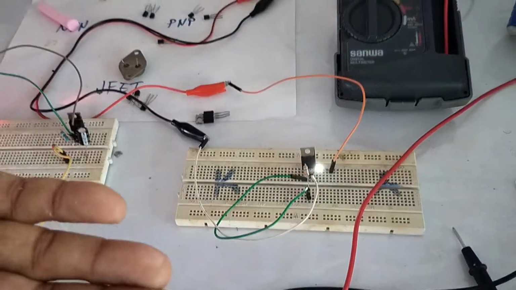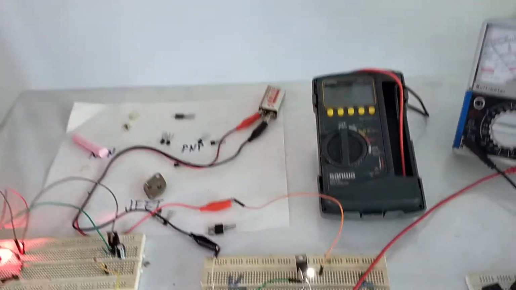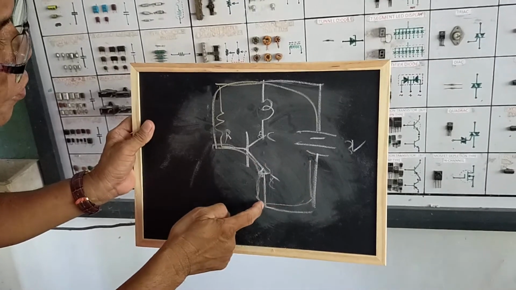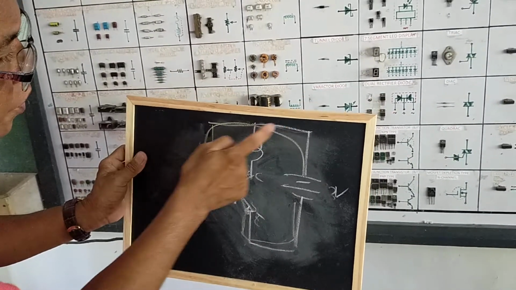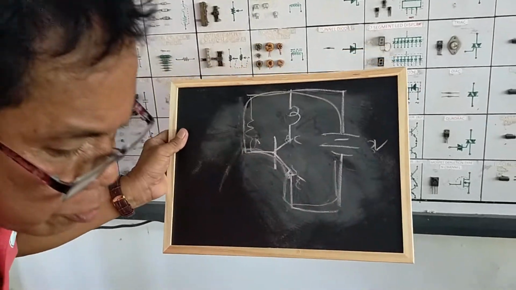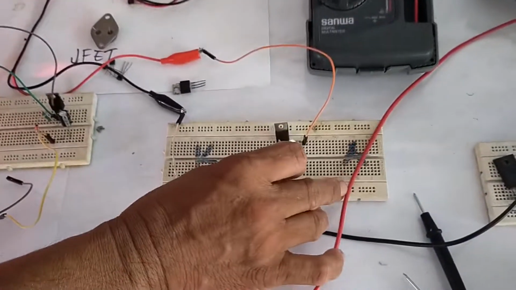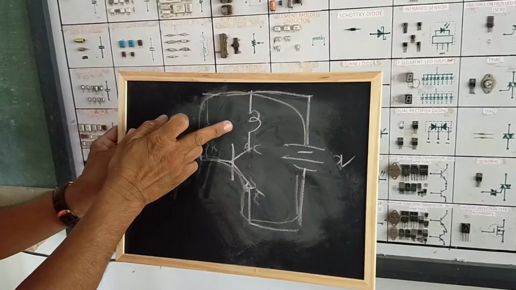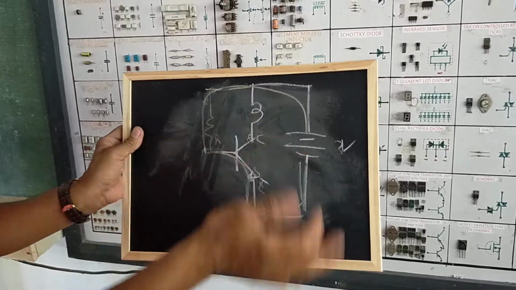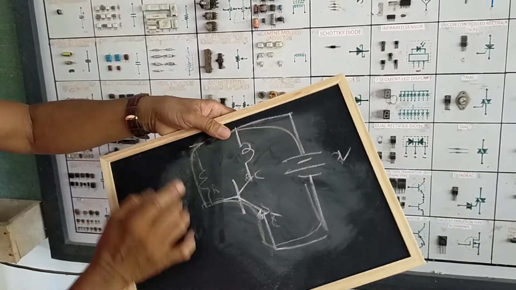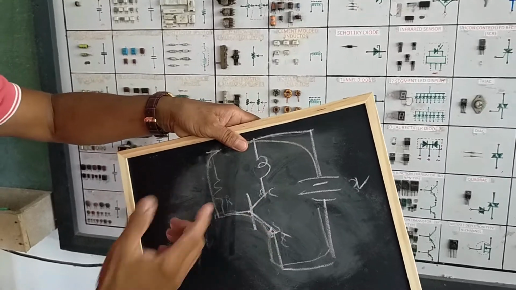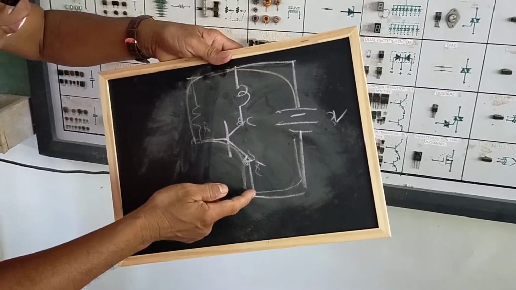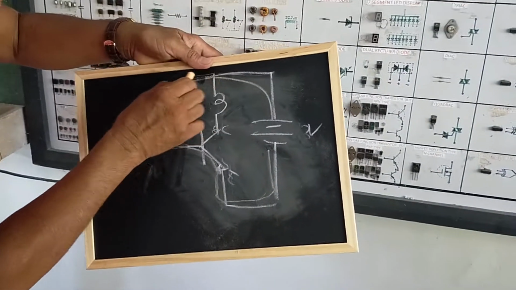The bulb glows because this resistor provides a current path from this negative to this emitter-base junction through this resistor. Without this resistor, if we disconnect it from the circuit, the bulb does not give light, because the resistance between emitter and collector is very high. But as soon as the emitter-base is provided with current by connecting this resistor here,